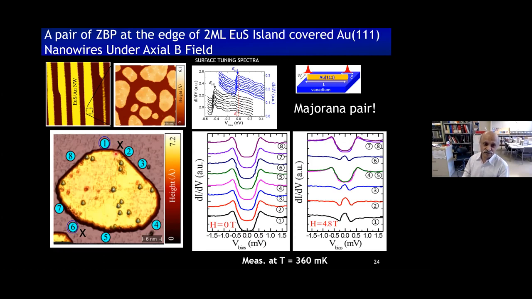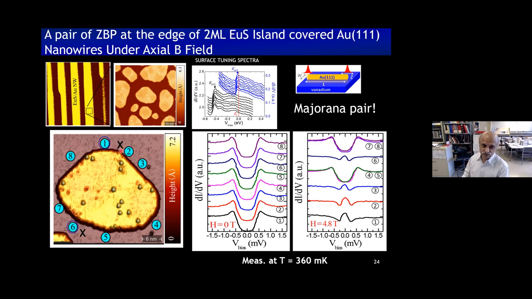Then we had to go away. This is part of the reason: the resolution becomes pretty bad, and then you cannot get good enough signal. So what we do is we go close to the edge, within about 1 to 2 nanometers away from the edge. So we are actually looking at the tail of the Majorana. Based on that, this zero bias peak starts appearing by about 3.5 Tesla, and the maximum field you can apply is about 4.8 Tesla.